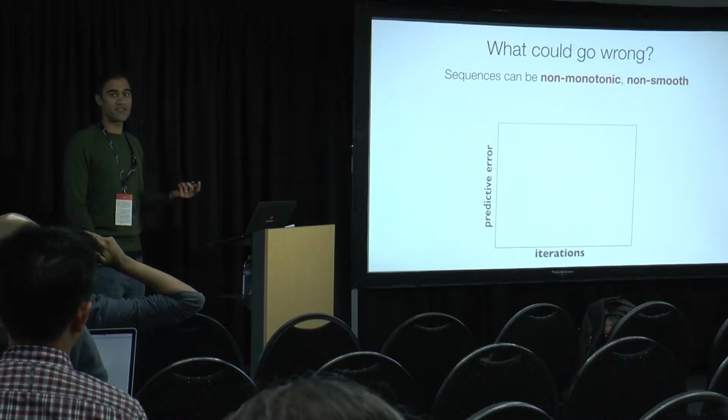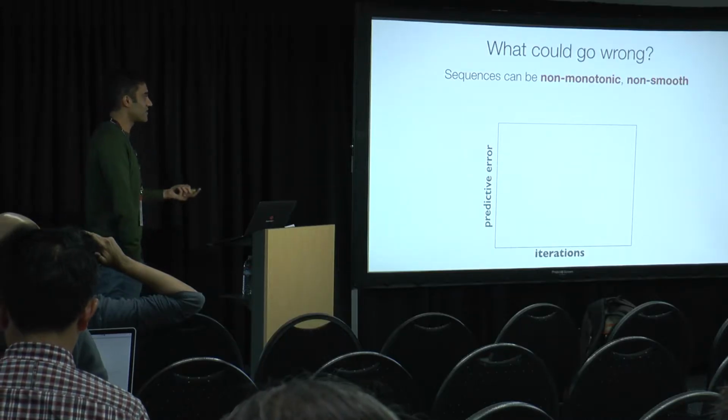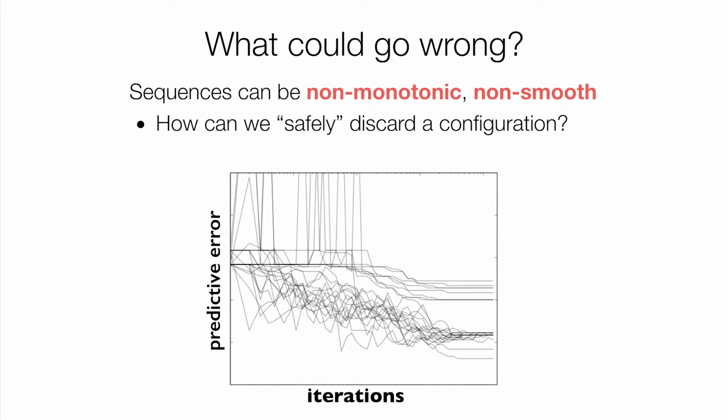The problem is, intuitively that's a really nice idea, but it's not so simple in practice, right? So the set of lines I showed you in the last slide were neat and clean. It was really clear which ones were going to do well. But what happens if the lines look like this, right?